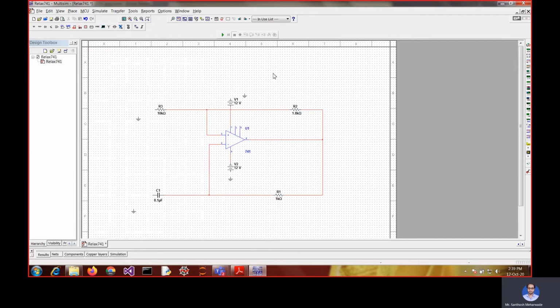Now I'm going to close it, and now it is time for connecting all these components. R3, its other terminal is connected to ground. Similarly the capacitor will be connected to the ground. This voltage negative will be connected to the ground, and this potential positive is connected to ground. Right, so this is the structure that we can observe.